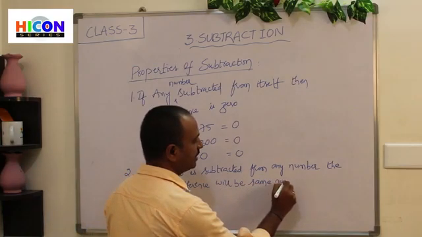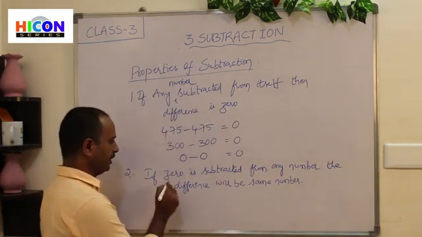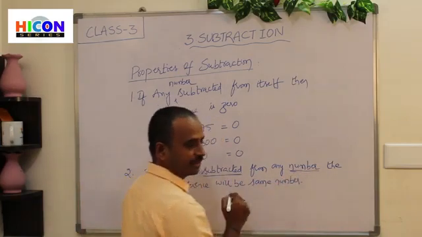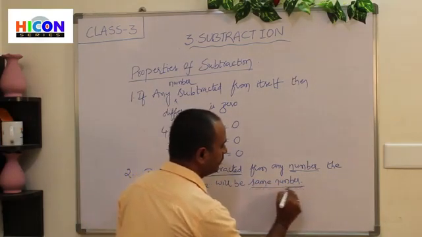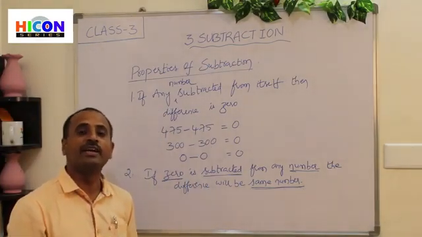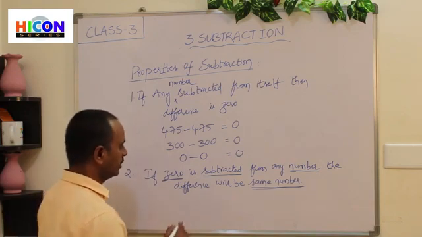So children, this is the second property of subtraction. If 0 is subtracted from any number, then the difference will be the same number. So if 0 is subtracted from any number, we will get the same number as the answer. See this example. For example,